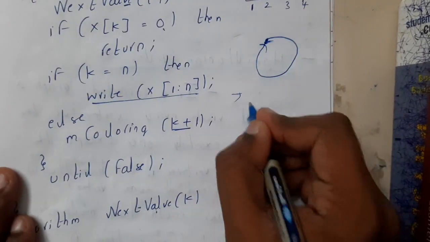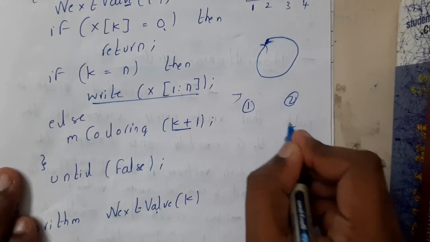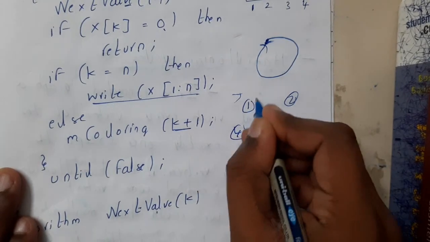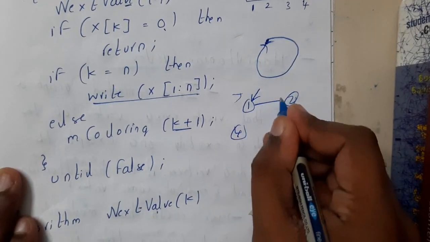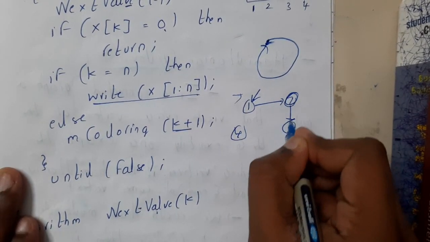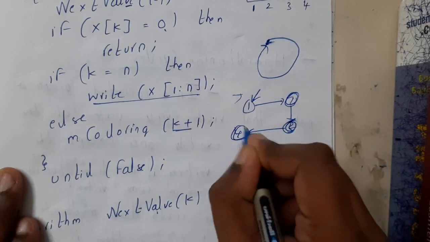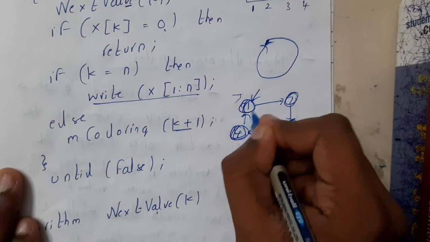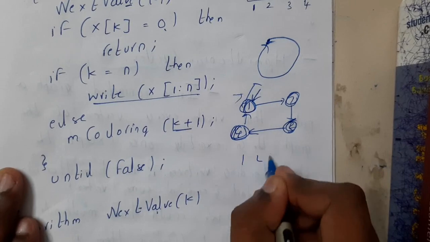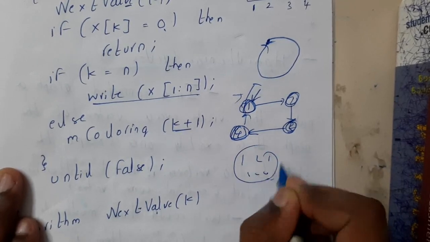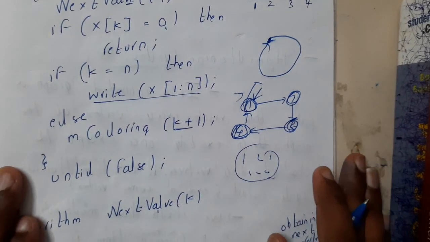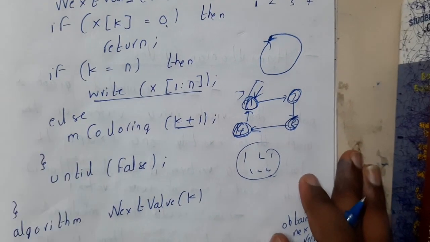Next. So you will be starting, assume that the same question that we are solving for. So initially you will be coloring for this and you will be moving to this. You will be coloring this, moving to this. Coloring this, moving to this. Coloring this, moving to this. Once you reach here, you will be printing all the values like 1, 2, 3, 1, 2, 3, like the minimum colors required, and you will be ending the algorithm. That's it. Sorry for not explaining the algorithm in a clear way.